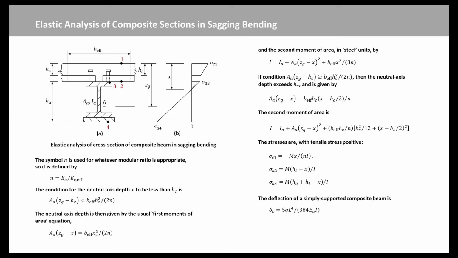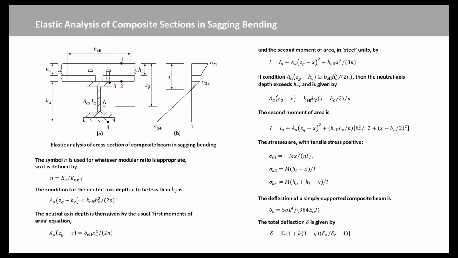Deflections are calculated by the well-known formulae from elastic theory, using Young's modulus for structural steel. For example, the deflection of a simply supported composite beam of span L due to distributed load Q per unit length is this equation, where the shear connection is partial, eta less than 1. The increase in deflection due to longitudinal slip depends on the method of construction.